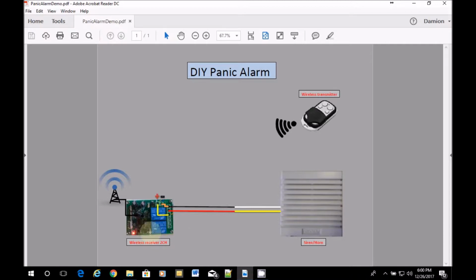If you put your jumper on 1 and 2, when you use the wireless transmitter and you press the B button, as I will demonstrate in the upcoming segment, when you press the transmitter, it will keep the circuit closed. In other words, it'll start to make noise, and you don't have to keep your finger on it,